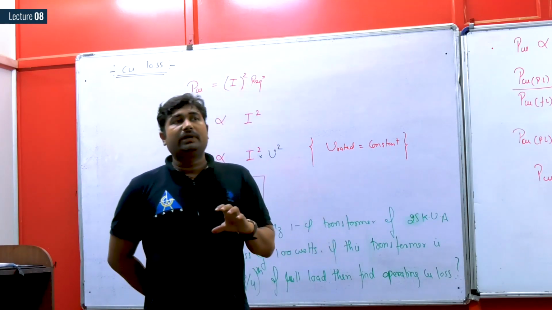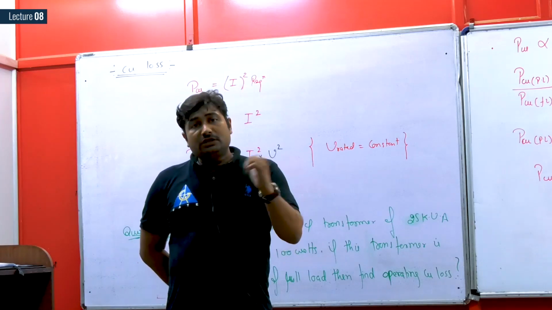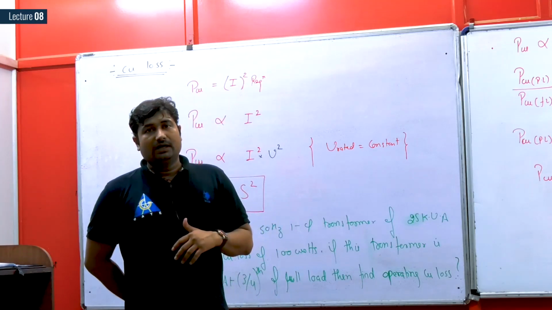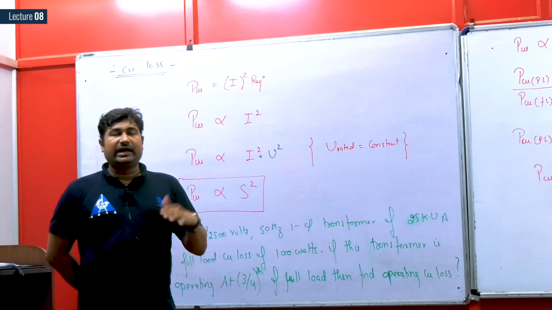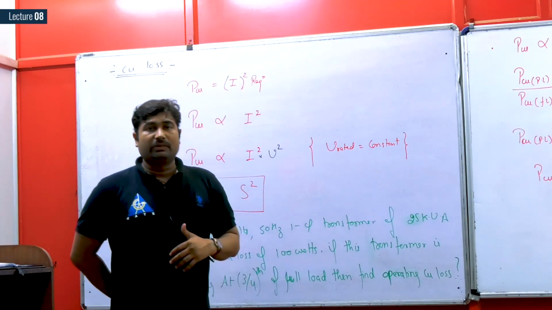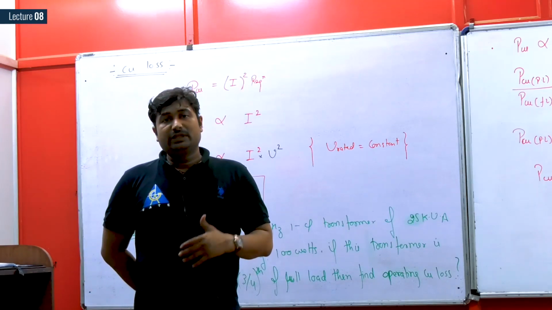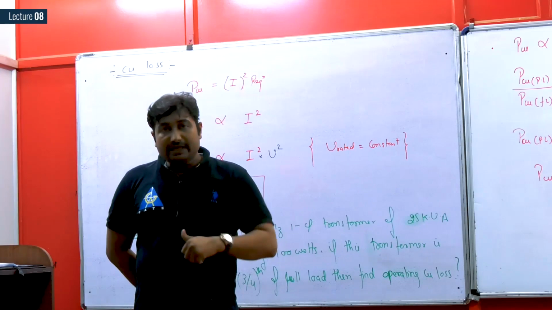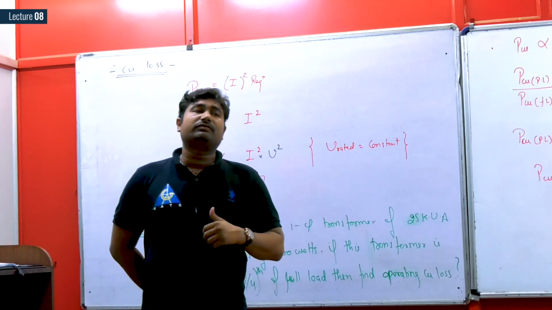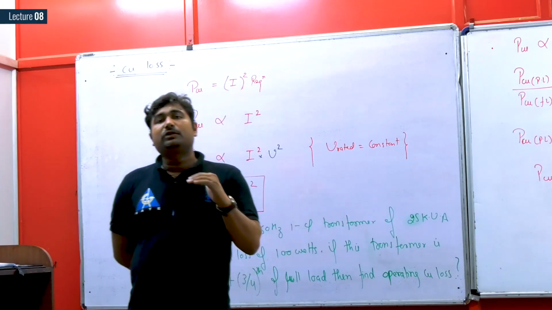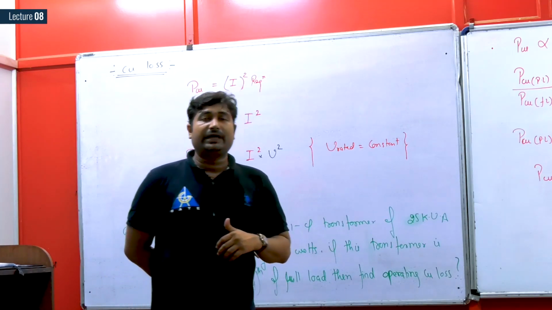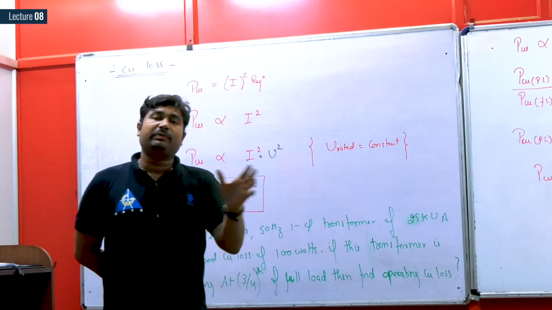And not only this, but your transformer loads are continuously changing, especially in a distribution transformer. When I turn off my AC or my fan, definitely the load is going to change, and ultimately the effect is seen on the transformer. The transformer current is going to change. With a change in transformer current, definitely the loss is going to change. So instead of going with the efficiency of the transformer at full load, we prefer to calculate the all day efficiency for the distribution transformer, as distribution transformers operate at different loading conditions over different periods of time.